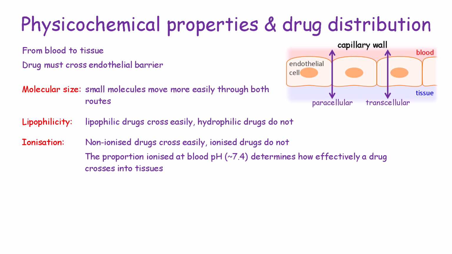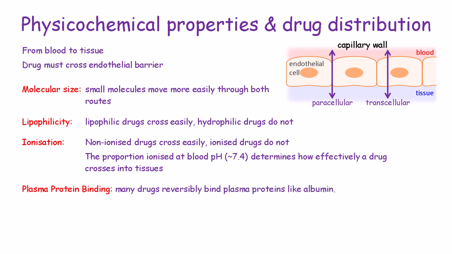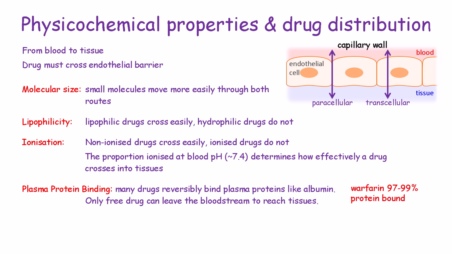The ability of a drug to move from blood into tissues is also affected by its affinity for plasma proteins, mainly albumin. Many drugs bind reversibly to albumin, and that holds them in the blood because only the free drug can cross the endothelial barrier to the tissues. A classic example of a drug that is highly plasma protein bound is warfarin. With 97 to 99% of it bound, only 1 to 3% is available to cross into tissues and exert its